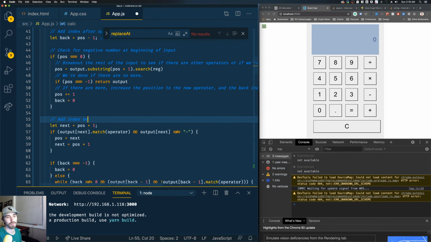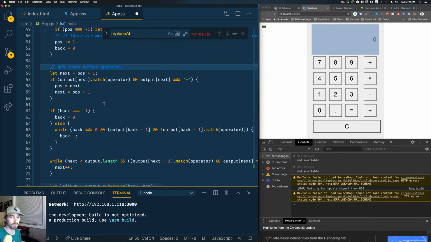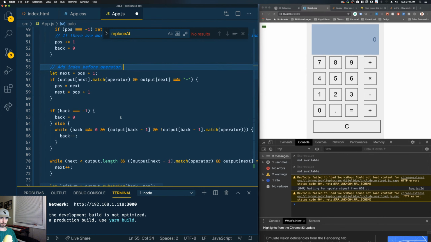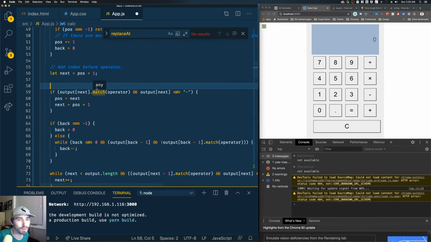Add index before operator. If the output next to match operator, if it matches it and it's not a minus,